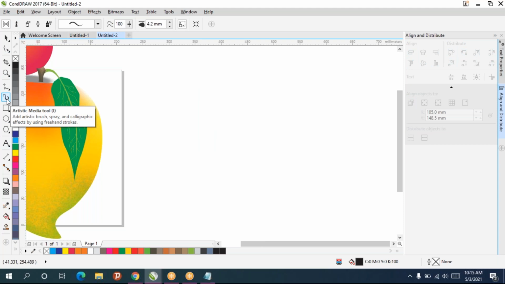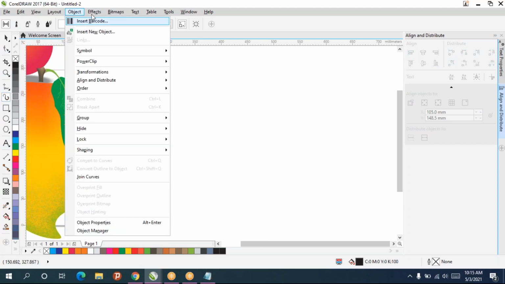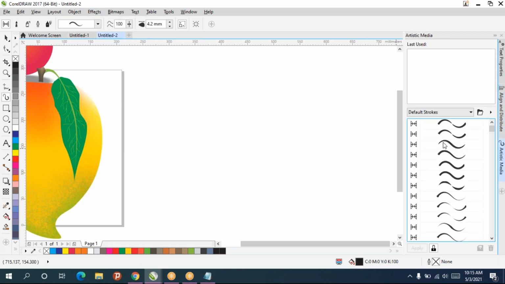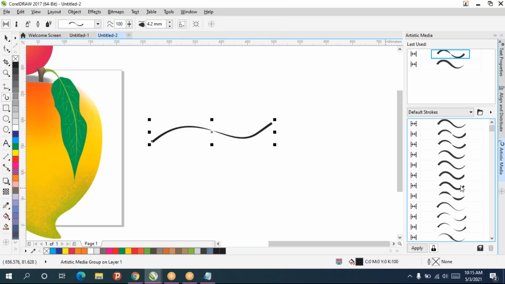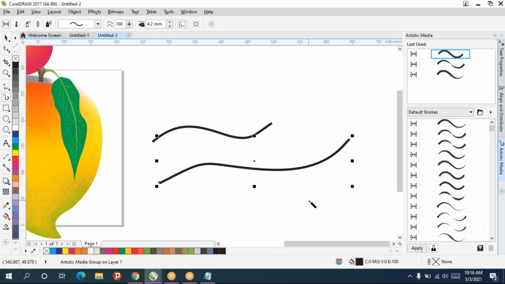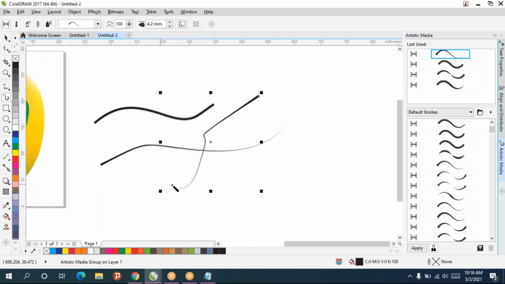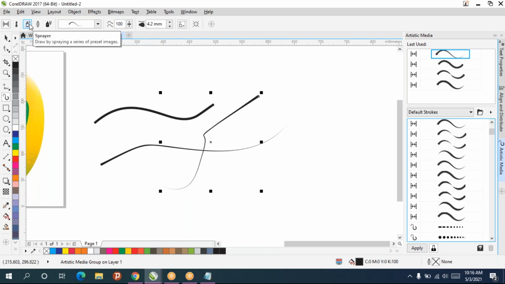After clicking on the artistic media, just go to object, sorry, effect, enable artistic media. So on the right side it will come. Whatever brushes are there, you can select and apply. But in this the main thing is, if you scroll down, see in the property bar, sprayer is there, no?